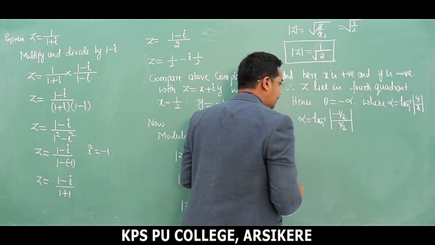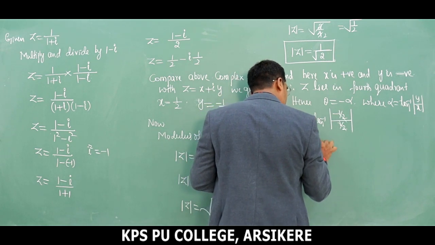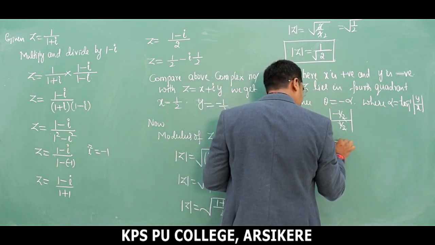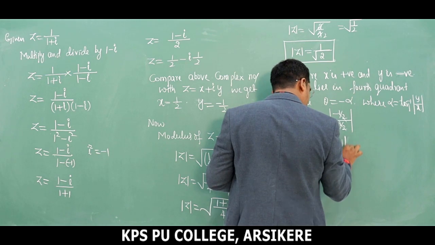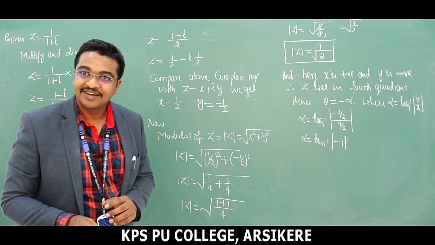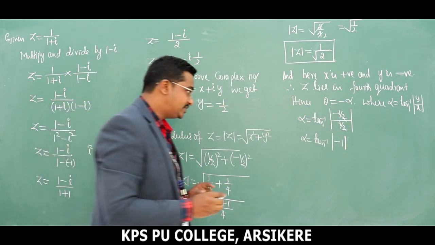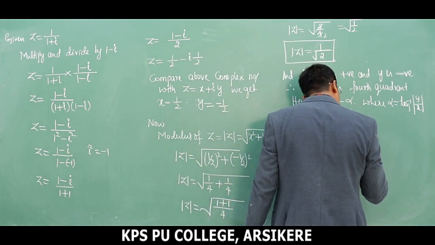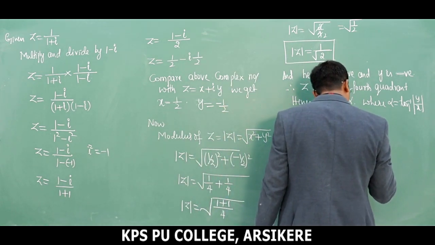These two get cancelled there. Alpha is equal to tan inverse of, we get minus 1. So minus 1, if you remove the modulus we get positive, which implies tan inverse of